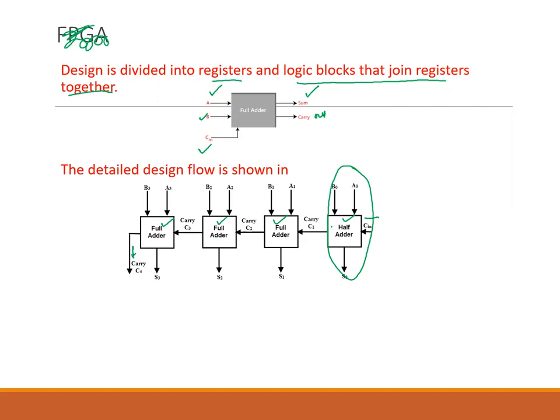So structure means this entire thing needs to be defined, that is, how information is flowing from this point to this point. And when we talk about behavioral description of an individual block, we only take care of what the inputs are and what the output is. And in that case, we have not mentioned anything about C in. So this is the structure of flow of data in a 4-bit full adder.